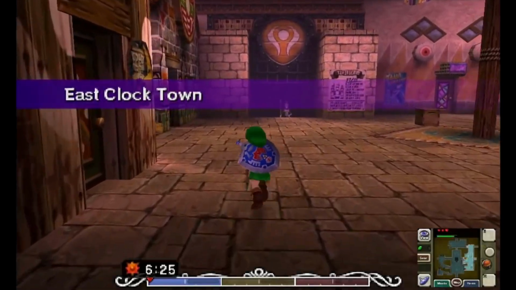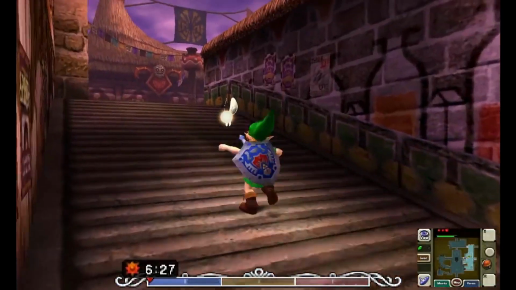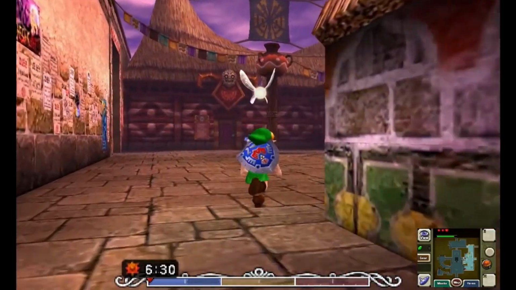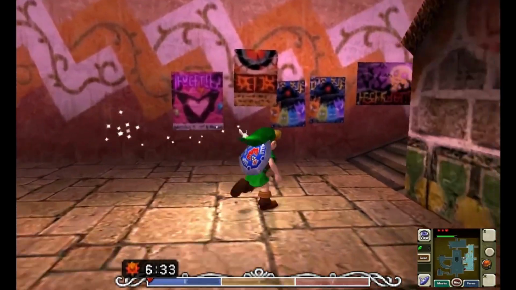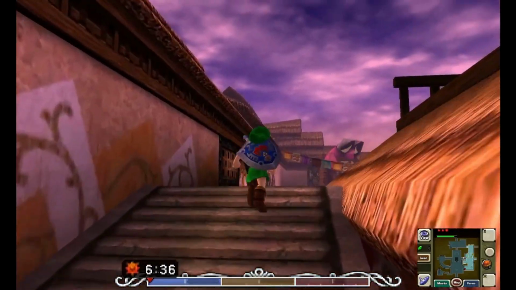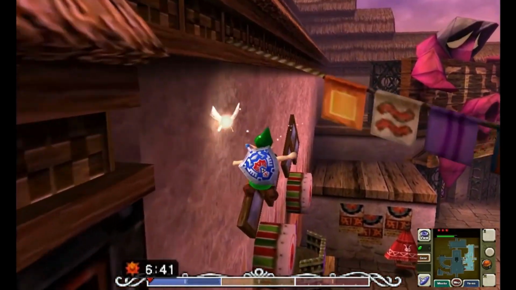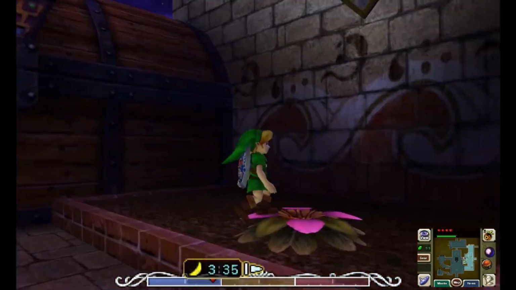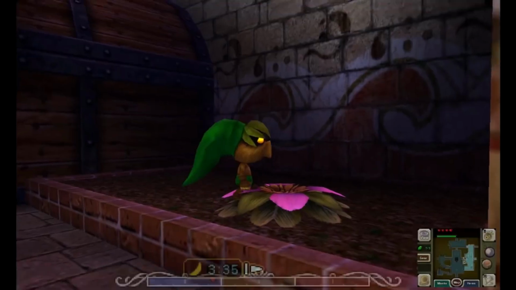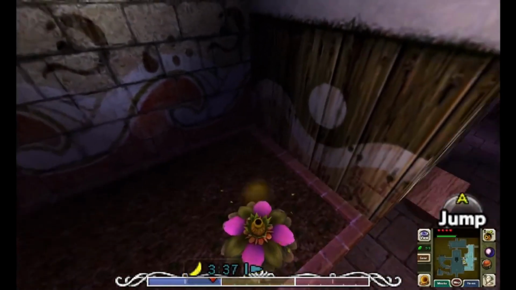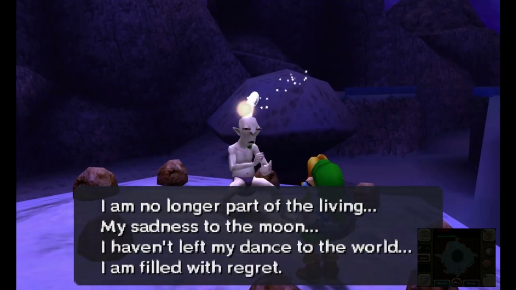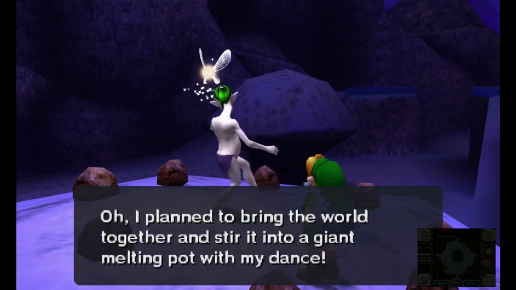Speaking of simple games, Majora's Mask is one of my favorite games of all time, and it's not simple at all. But there is one aspect of the game that I found extremely endearing, and I think it's the main reason why it was such a popular game. I don't think it was the combat of the game, or necessarily the masks and the transforming effects in the game that made it so popular. I think it was the characters of the game.